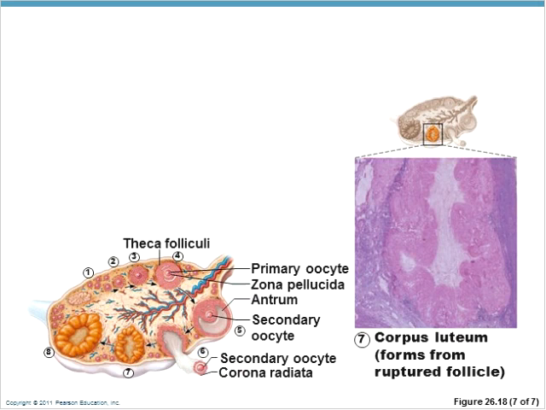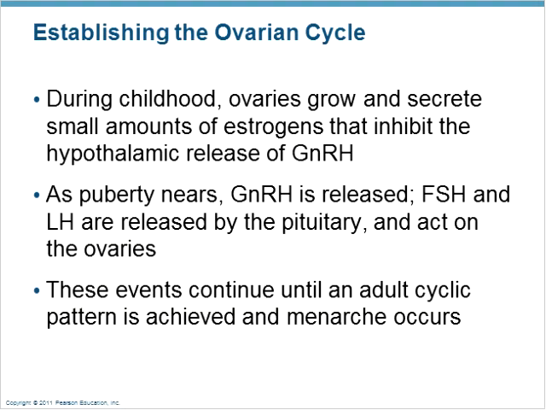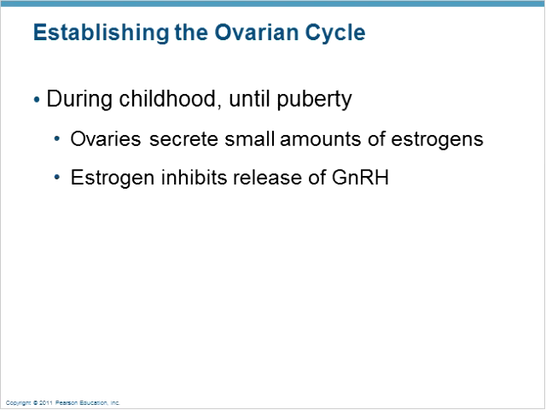Again, there's the corpus luteum, formed from that ruptured follicle. Establishing the ovarian cycle: during childhood, ovaries grow and secrete small amounts of estrogens that inhibit the hypothalamic release of GnRH. As puberty nears, GnRH is released. Follicle-stimulating hormone and luteinizing hormone are released by the pituitary and act on the ovaries. And these events continue until the adult cyclic pattern is achieved and menarche, the beginning of menses,